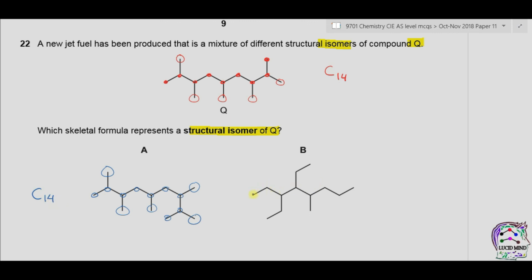In B we can see that we have 8 carbon atoms in the long chain, while 5 carbon atoms are as substituents. So in total we have 13 carbons. As for isomers, the number of carbon atoms should be the same as the formula is the same, so therefore B is